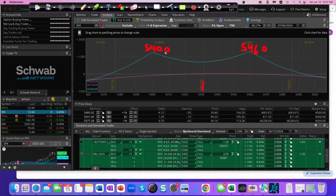You do a double diagonal, same foundation, your short call and put, but your longs are a little bit further out. So in this case, my longs are June 24th, 3 days further out. So it'd be selling next Friday, buying the following Monday, and buy my longs like 5 points further out of the money on both sides. So I'm getting a little bit of long volatility, long vega, which I like when VIX is at the low end of the range, relatively over the last